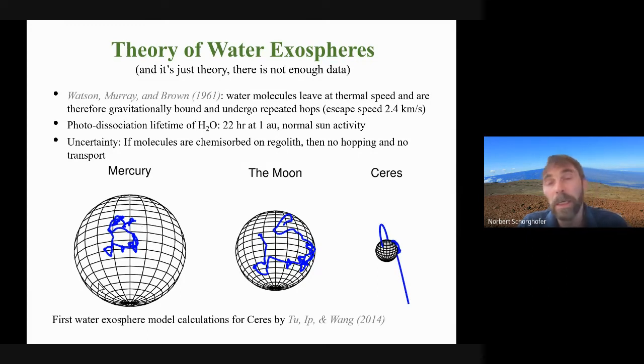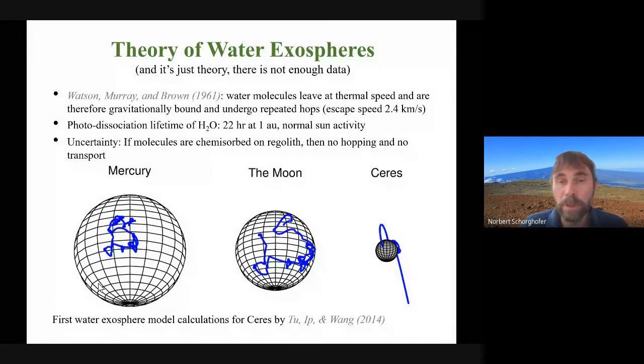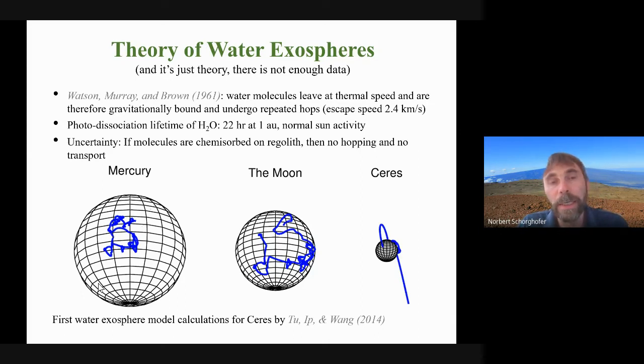So that's a lot. We can model all this, and the biggest uncertainty with that theory is what really happens when a water molecule touches one of these extremely dry amorphous silicate surfaces. Are our estimates of residence times reasonable, and do they really leave at thermal speed rather than something else happening, such as being chemisorbed or being ejected in a more violent way? We don't know the answer to that, but still the working hypothesis that nobody has disproven so far